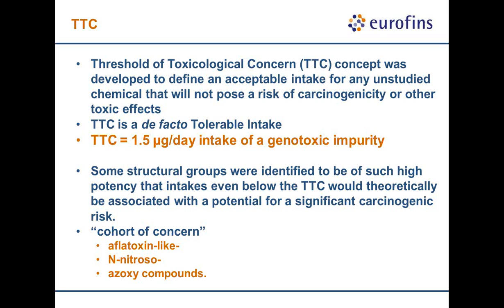Those concepts were considerably expanded to include consideration of chemical structure in conjunction with toxicity data for the other toxicological endpoints. So the TTC approach is based on the analysis of two databases of toxicity data, one that is relevant to genotoxic carcinogens and one that is relevant to repeated dose endpoints, not predicated on the assumption of genotoxic potential carcinogenicity. Exposures below the TTC are judged to pose a very low probability of an appreciable risk to human health. In a practical sense, for a chemical with little or no toxicological data for which the TTC approach is used to identify a screening intake level, the chemical-specific toxicokinetic data or specific biomarker values may not be available. The 1.5 micrograms per day intake of a genotoxic impurity was derived on this basis, and is seen as a